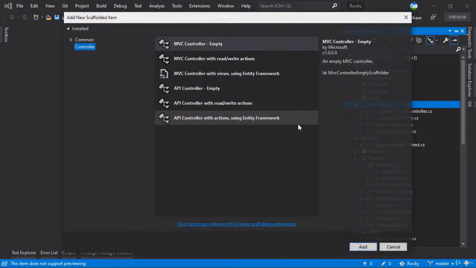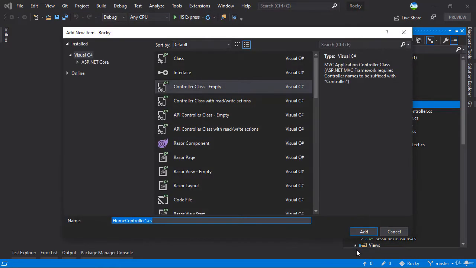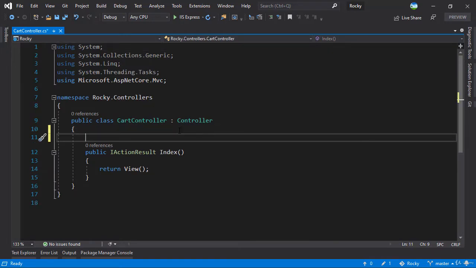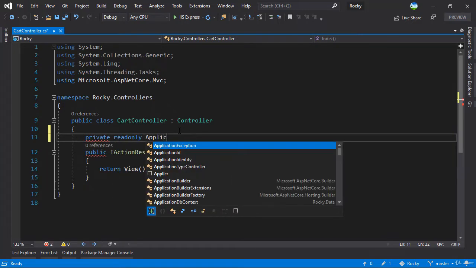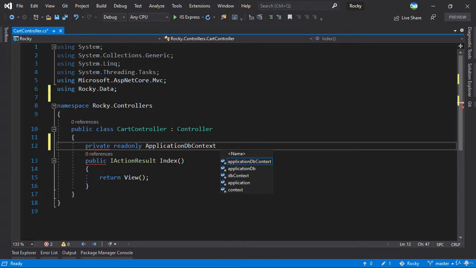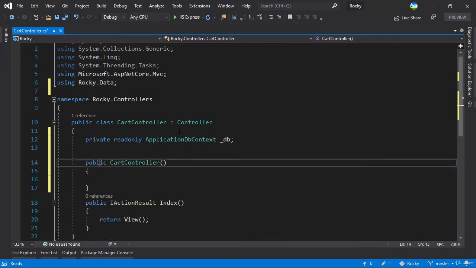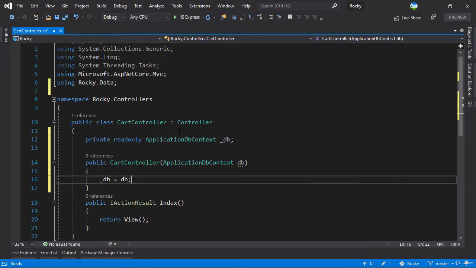Let's add the new controller, which will be empty, for the cart controller. So right here, we'll name this CartController. And let's add this. First thing that we'll need here is the application DB context. So we'll say private readonly, we have the ApplicationDbContext. Let me call this _db, and we'll have the constructor with ApplicationDbContext as db, _db is equal to